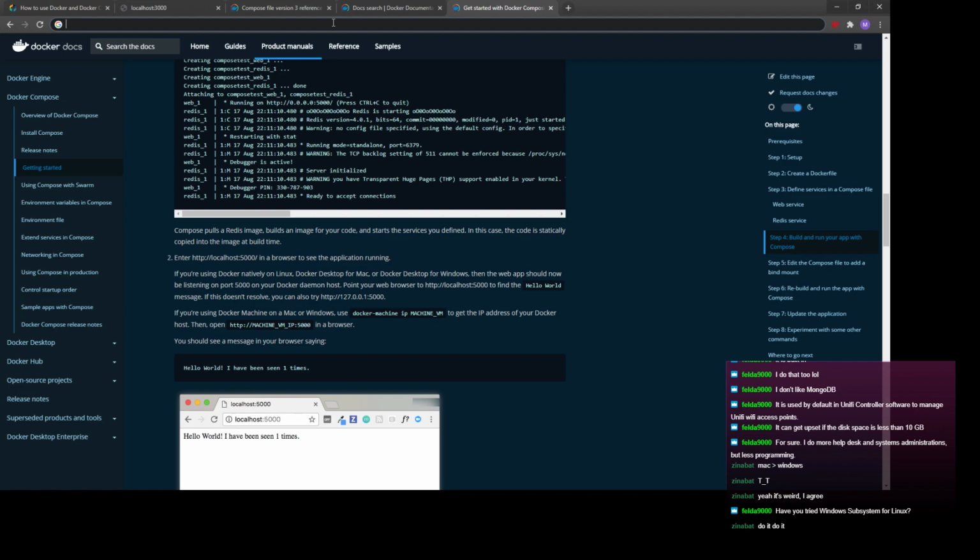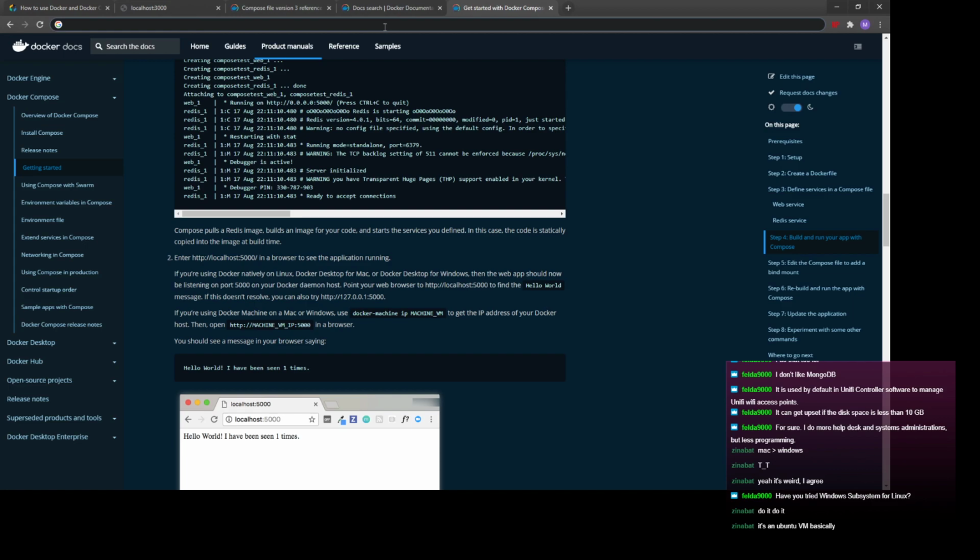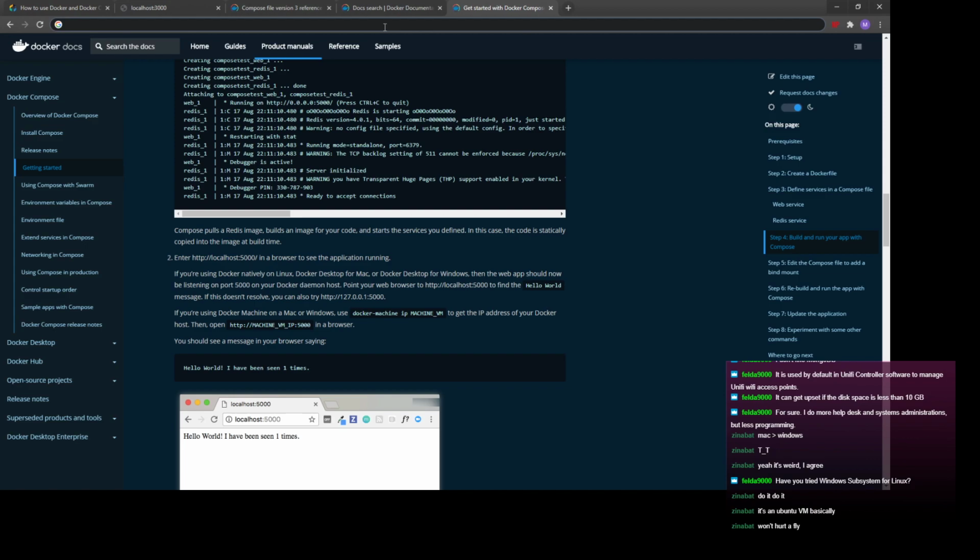I guess the only problem I would see in that is this is my gaming PC. So I don't know how that plays with playing games. But I could partition if I really wanted to worry about it. Alright. Oh, okay. Oh, so it basically is a partition, kind of, but VM. Sweet. I will look into that and see if that will make things easier. Yeah. Windows isn't terrible, but